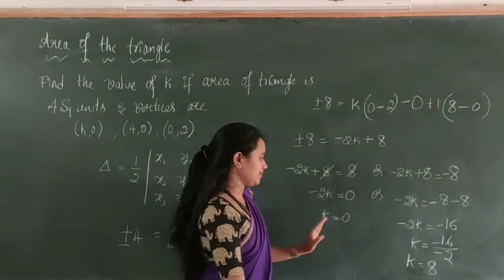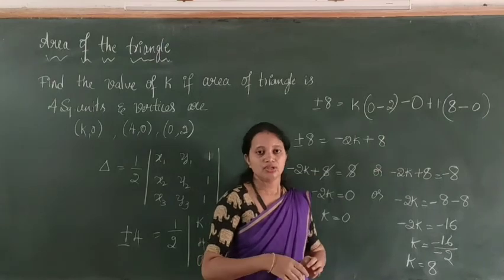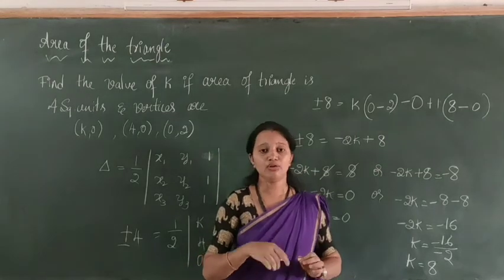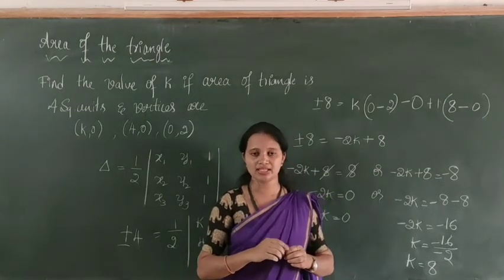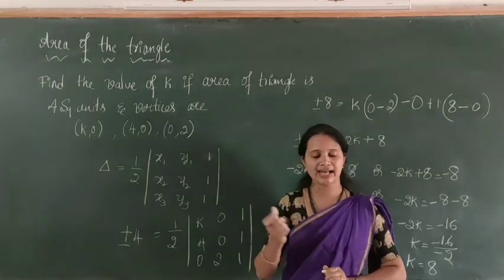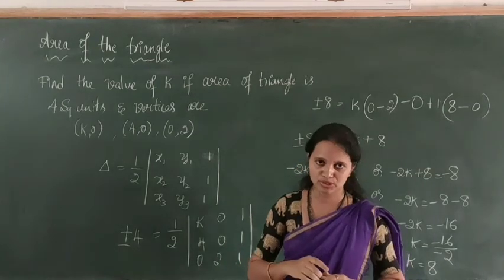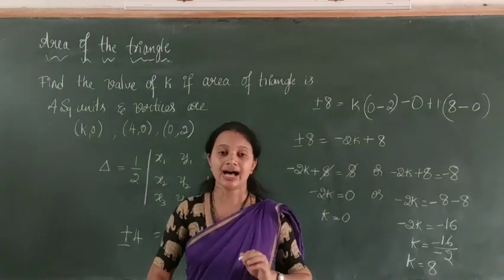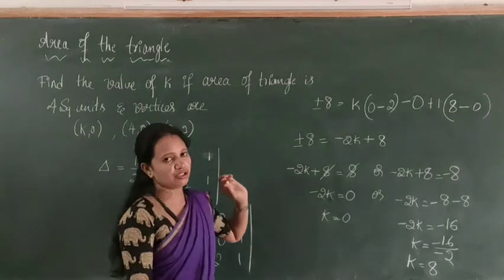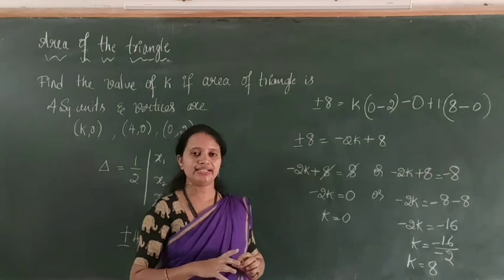So here k has two values, that is k equal to 0 and k equal to 8. In the area of a triangle, 4 types of problems may be asked. Those questions are asked for 2 marks. Directly they can ask to find the area of the triangle, or to find the equation of the line joining 2 points, or to find the value of k, or to show that the 3 vertices are